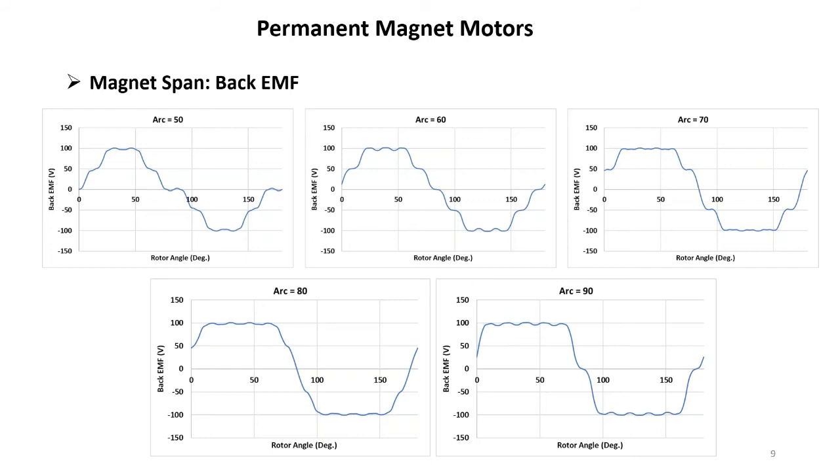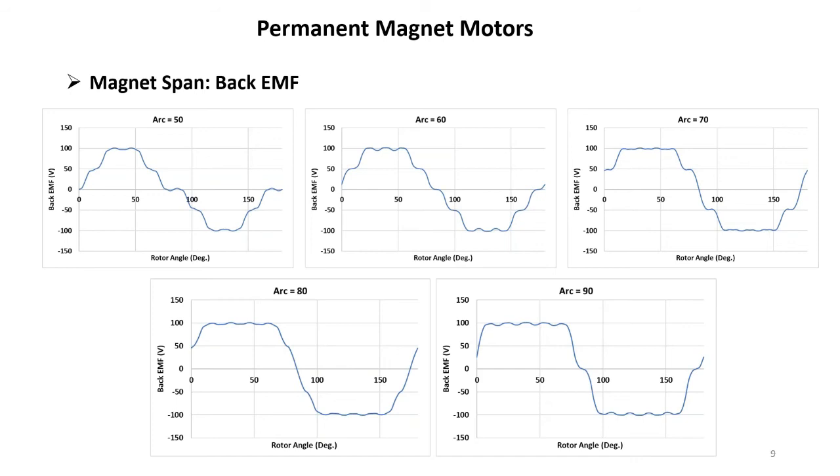You can clearly see here that by increasing the magnet span, your back EMF waveform is changing from the sine wave toward this square wave shape. You can see, for example, for 90 degrees, almost a square wave shape, or for 80 it is trapezoidal. It's very clear from here that the magnet span has a very significant effect on the shape of the wave. But it's not